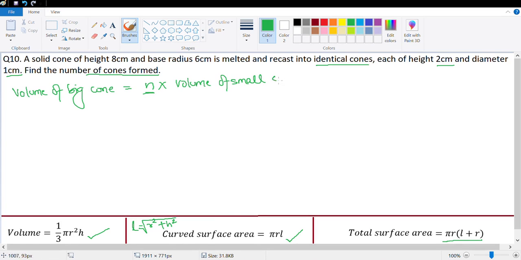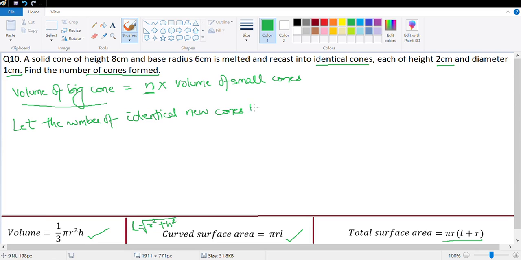This is what the concept is. There is a big cone which is being melted, so the volume of that cone will be equal to n times the volume of the small cone, of one small cone. Let's just write this. So let the number of identical new cones